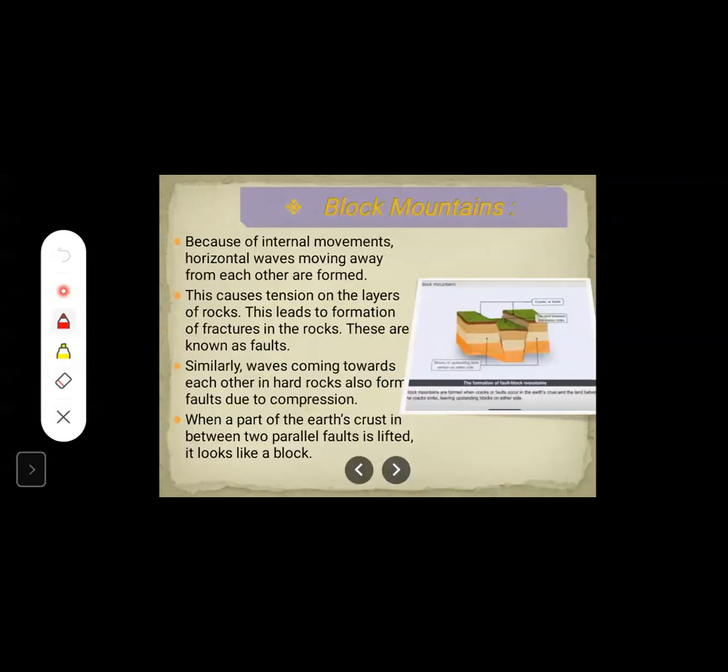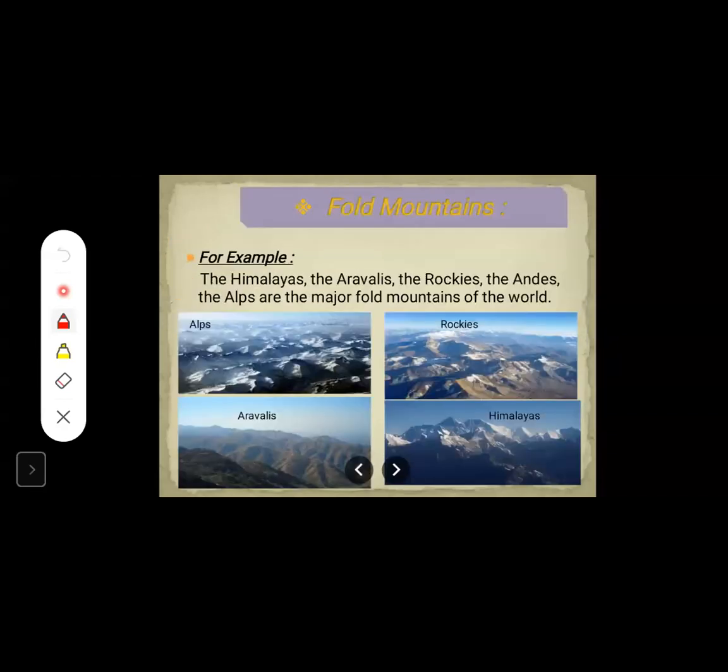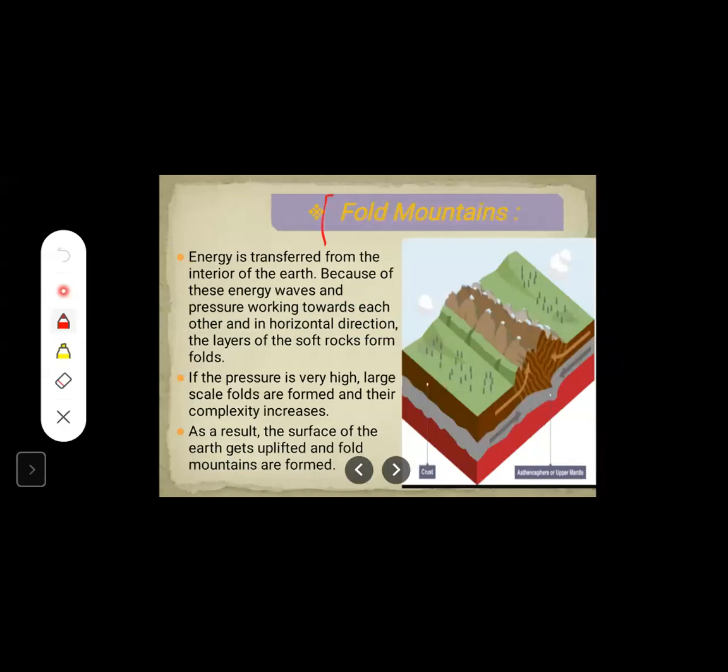Then for the block mountain, you have to keep that word block in your mind, the proper block which subsides down. And these two blocks of the mountain remain as they are. The middle part which subsides down is known as block mountain. You have to name it properly. That is known as block mountain. And before the block mountain, it was fold mountains. The name itself tells us fold mountain. So like this, you have to show the mountain.